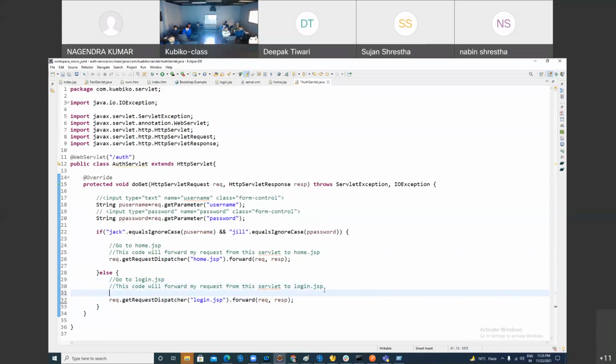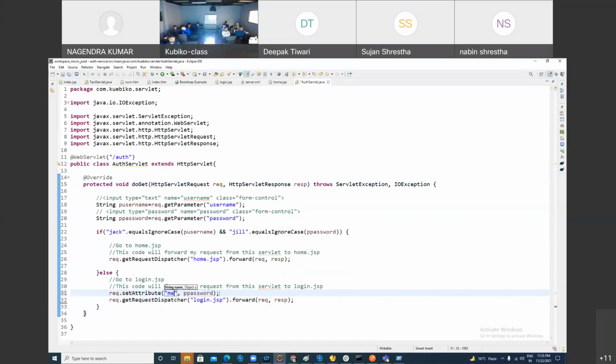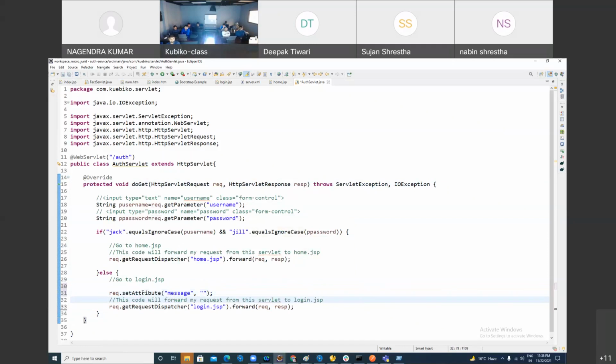Actually, when I'm forwarding my page from servlet to the JSP, request is acting as a hash map. You can use the method setAttribute with a key-value pair. You would say message, and what message do you want to send? You want to send a message from servlet to JSP. Mahesh, how can you do it? request.setAttribute. This is the map. In Java you have maps. You are saying, hey map, I want to send a message. The key value is